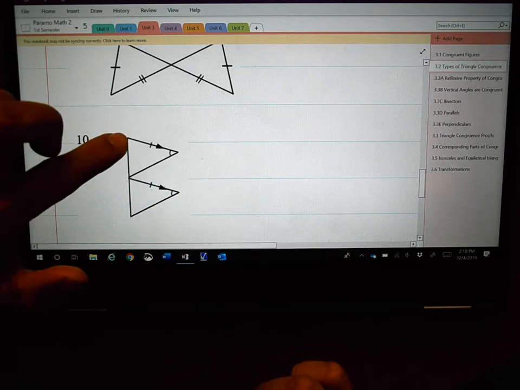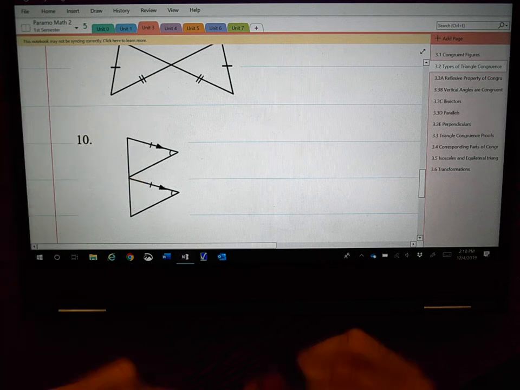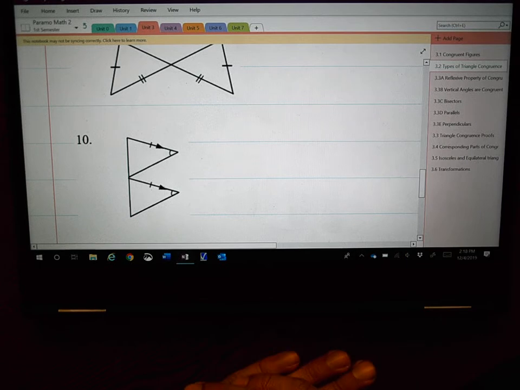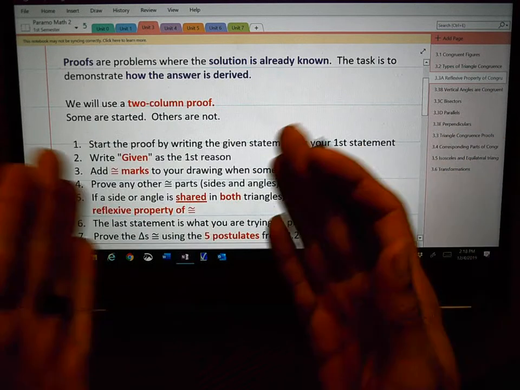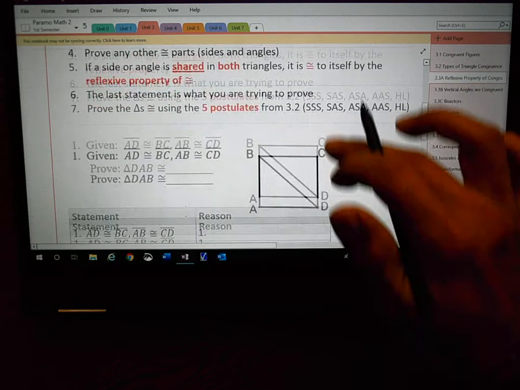I see some corresponding angles. I'm thinking this one's angle-side angle. So that was really the main idea of chapter 3, because once you learn those 5 postulates, then we introduce something called a proof. And the proofs